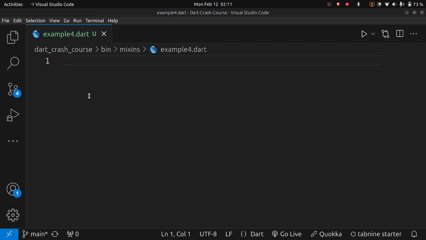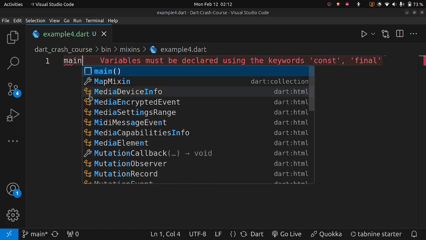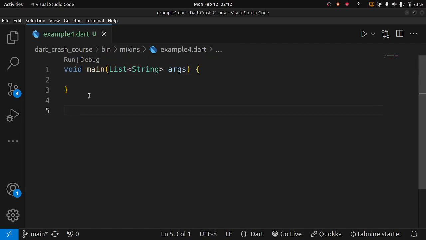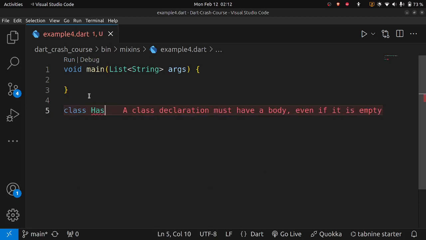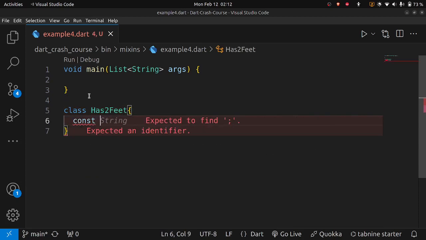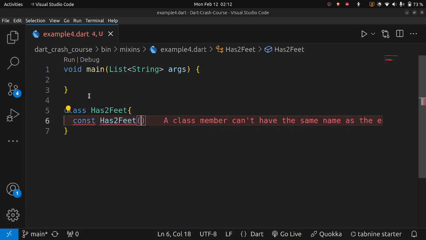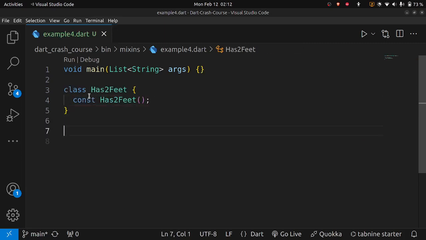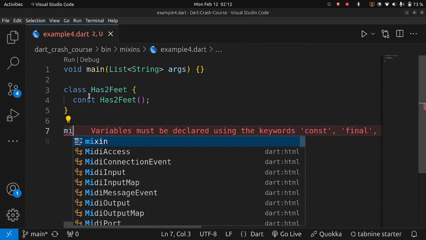So we're going to go back to creating a class. Let's start with our main function. Say class Has2Feet, and just a simple constructor, Has2Feet here. Nothing much. Then we'll create a mixin